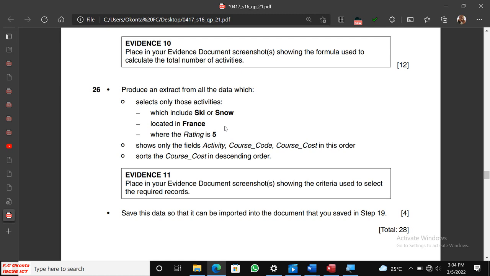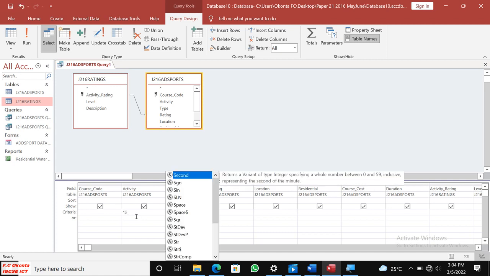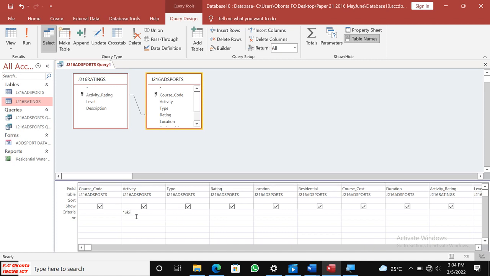Alright, now I'm only going to select those activities which include sky or snow. So I'm just going to type activity which includes sky or snow. So I can type asterisk sky or snow,